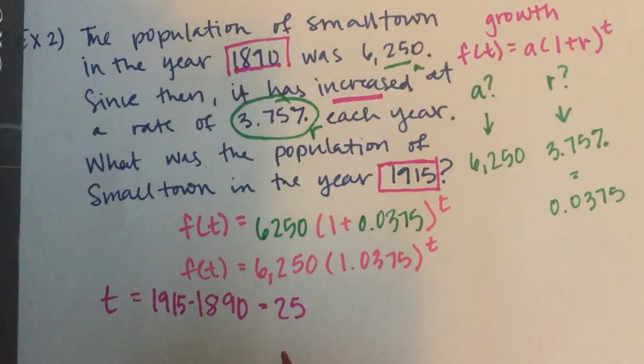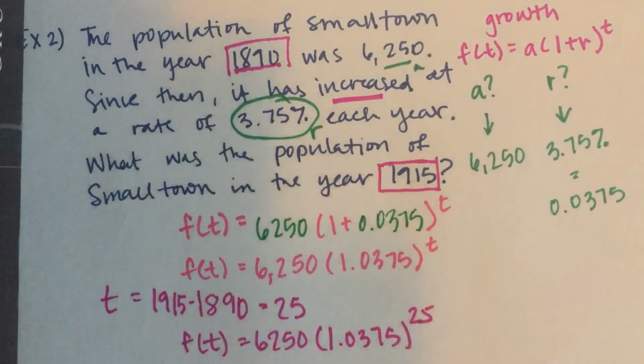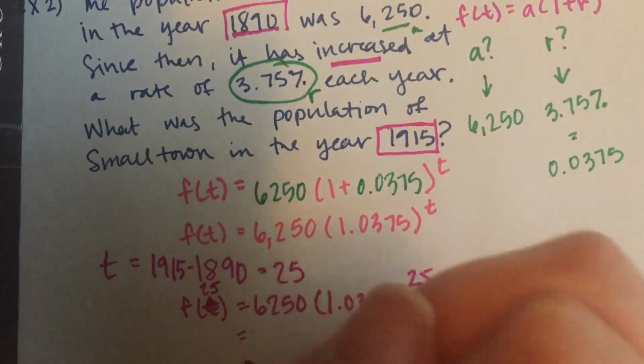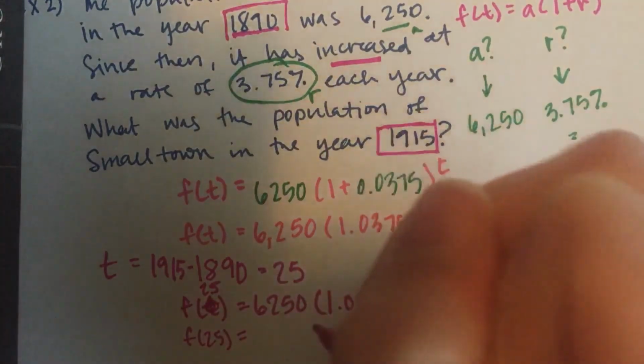So we're going to plug in 25 for t. And remember, this 25 is to the power of t, not times 25. So when we figure out what f of 25 equals, I forgot to write that, sorry. What f of 25 equals, you see that it is equal to